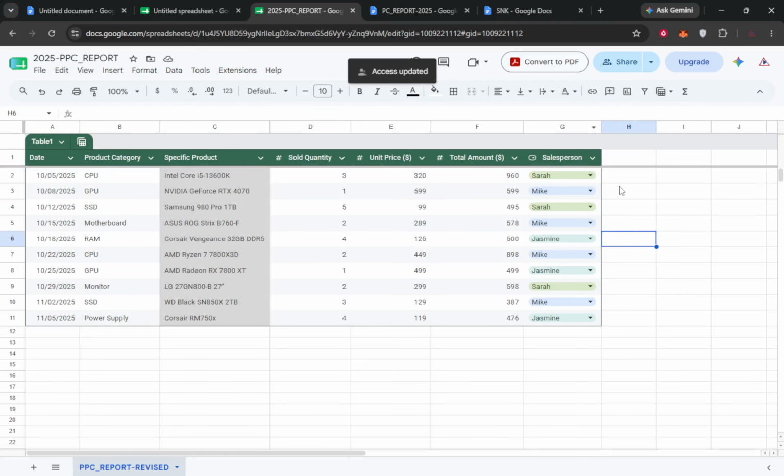If anyone with the link can currently access the spreadsheet, you will see that in the Share window under General Access. It might read anyone with the link and show a role such as Viewer or Editor. This setting is broad and often left on by accident. Click Share again to adjust this.